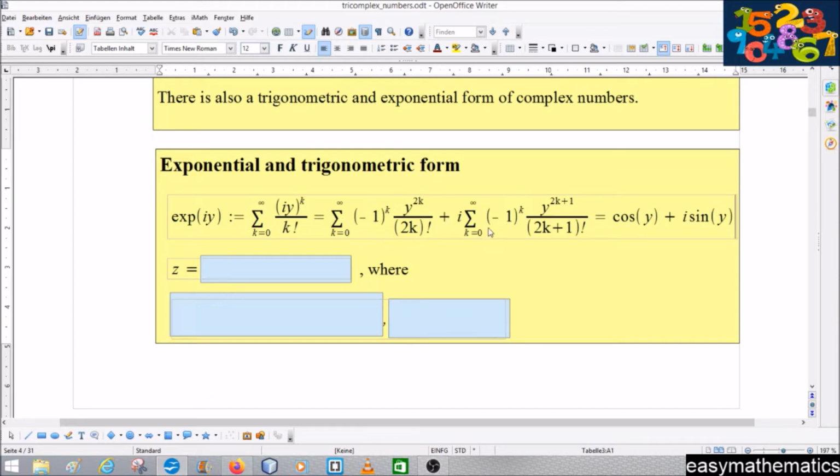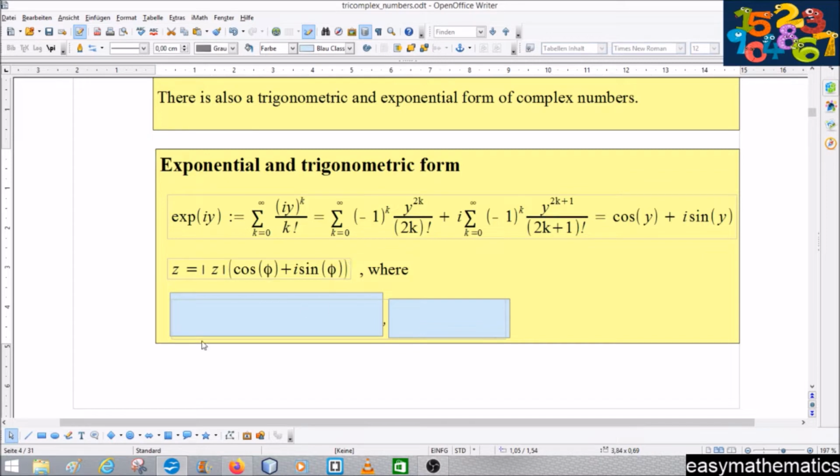All the odd indices make the imaginary part with alternating signs. You can think about that. I squared is -1, so I cubed is -I, I fourth is +1, and so on. And if you take a look at these series, this is exactly the analytic definition of cosine and sine. And a complex number z, we can write also as the modulus of z times cosine phi plus I sine phi,